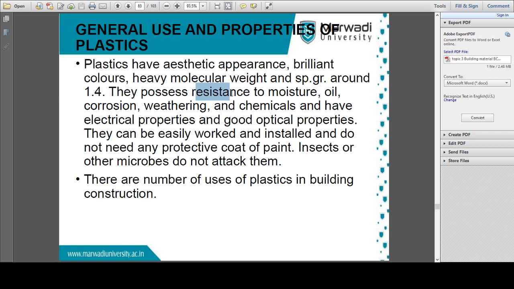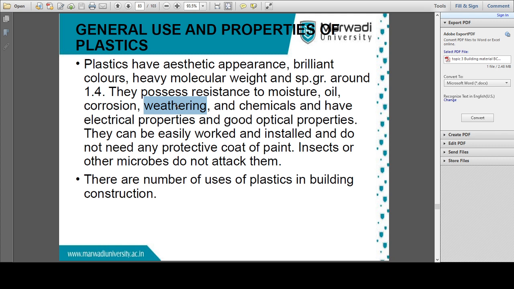Second, it possesses resistance to moisture. Obviously you have seen that plastics available in our world, like plastic bottles, never show leakage, so it has good resistance to moisture. Then oil, we use it in bottles for hair oil. Then corrosion: we can never observe corrosion on plastic, and it does not have a weathering effect, right? If we keep plastic in the open atmosphere, it can easily withstand it, that is, it is durable